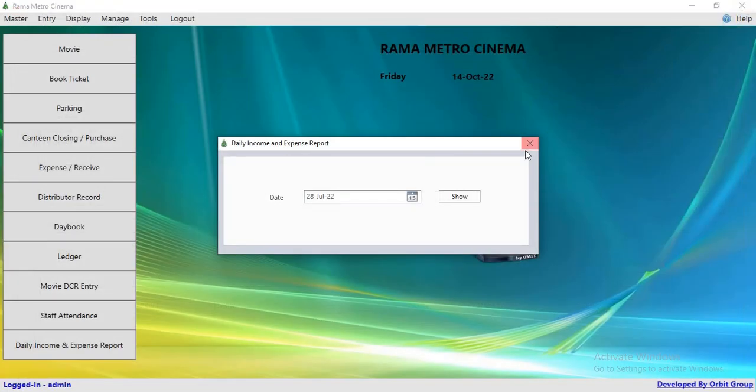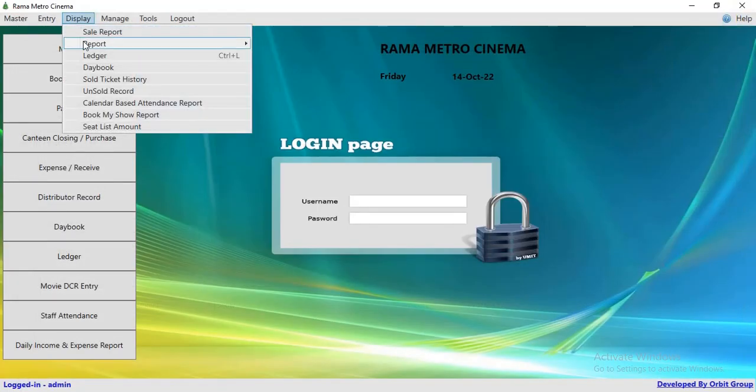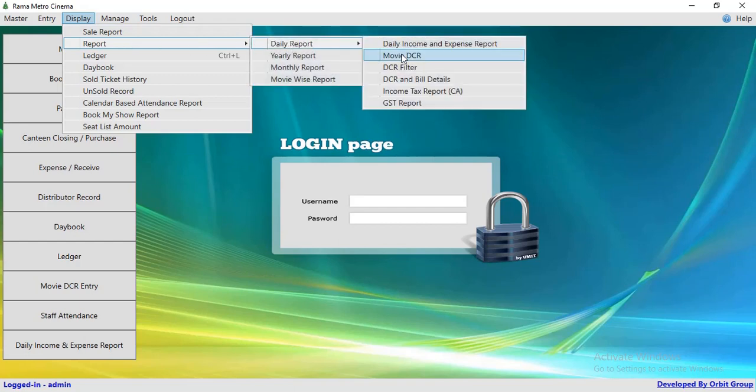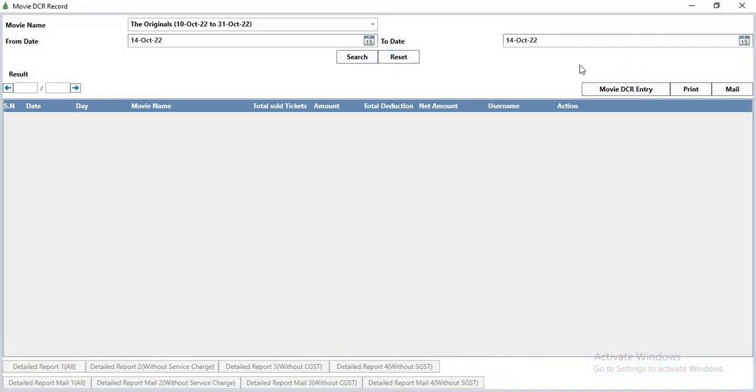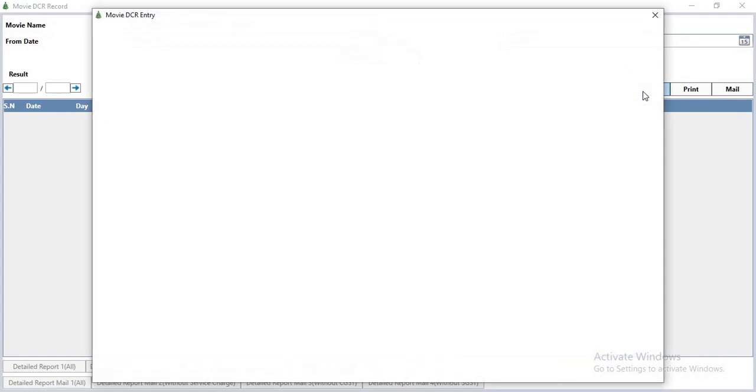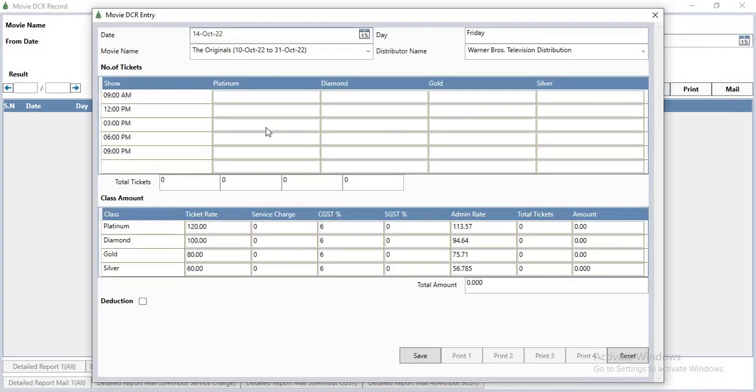You can print this. And in a movie DCR, click on the movie DCR entry. Here you can enter the number of seats in the platinum, diamond, gold, and silver fields. Then the total tickets will show you here,